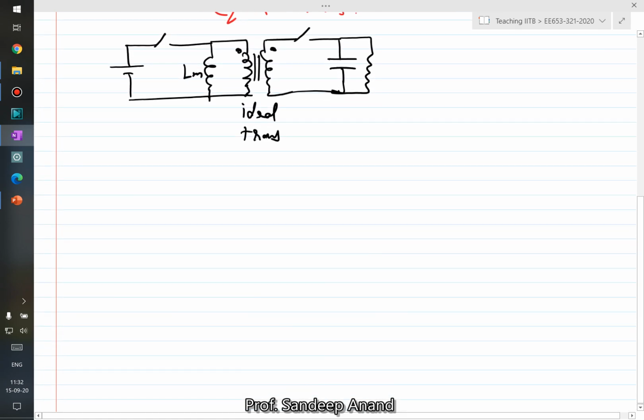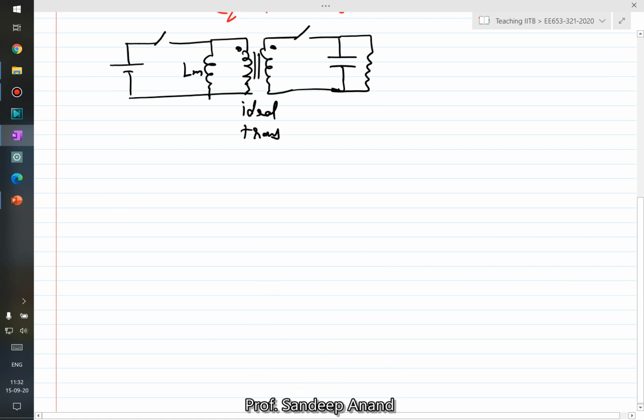As of now we are only considering magnetizing inductance, but in some advanced courses, or probably even in a later part of this course, we might consider more non-idealities. For example, we might consider the leakage inductances also. Considering the resistances is also possible, and that would bring some losses in the circuit. But for the basic course, let's start by assuming an ideal transformer plus a magnetizing inductance, the simplest possible thing.